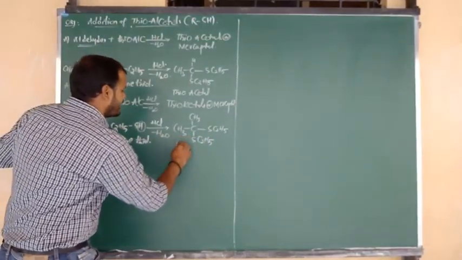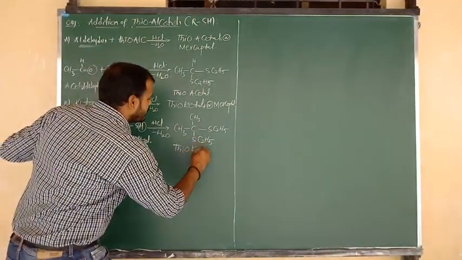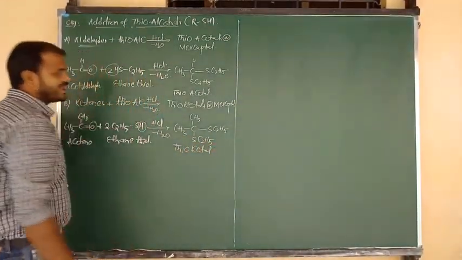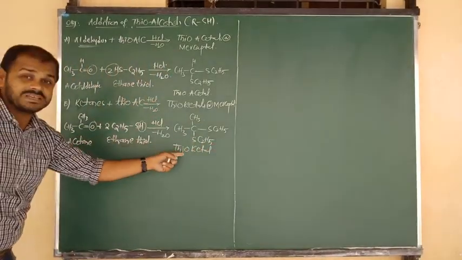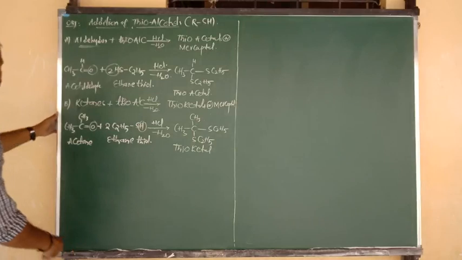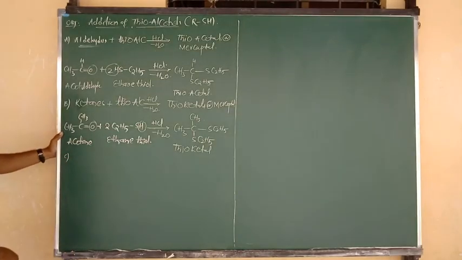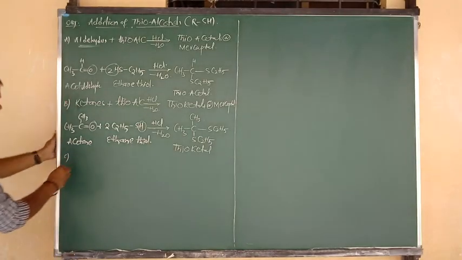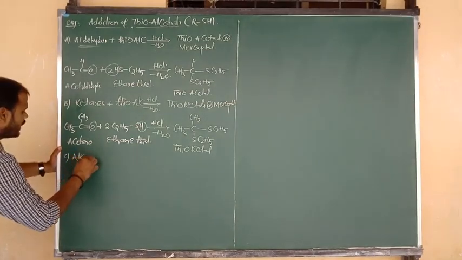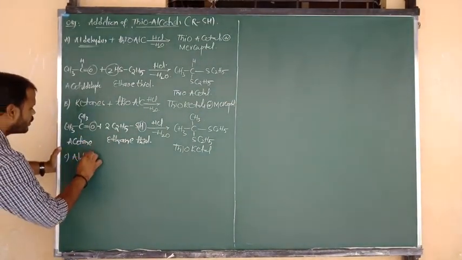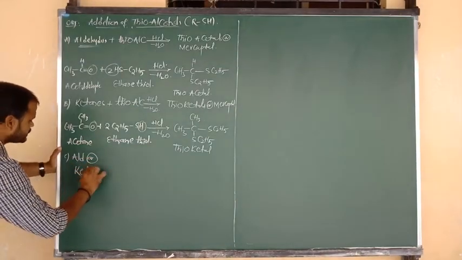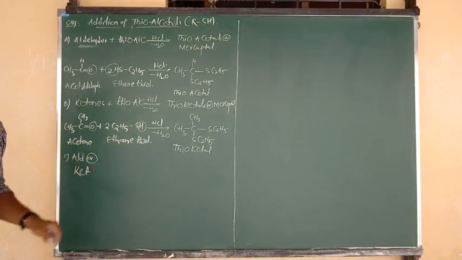We have to say that this is nothing but thioketal, and also we can say mercaptal, but since the mercaptal is coming from acetone, we say acetone mercaptal. Okay, now I am going to give you statement C. It is also very important for you. Here I am going to take that the compound may be an aldehyde or the compound may be a ketone. So aldehydes or ketones.